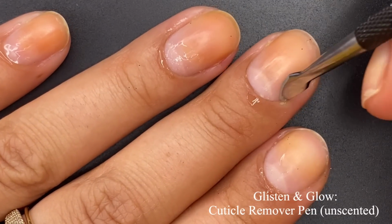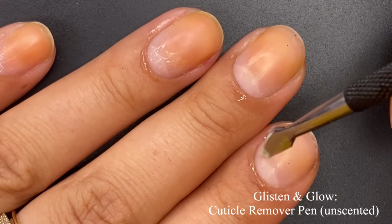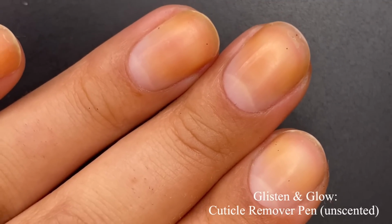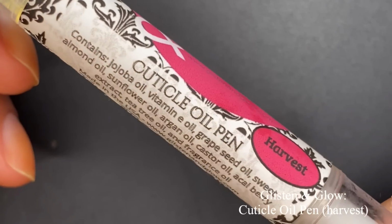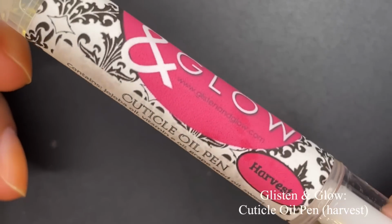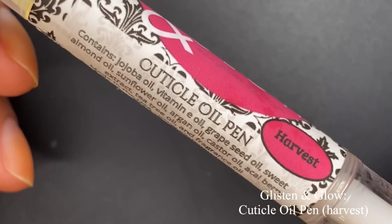Now the cuticle oil, I love how it comes in a twist up pen style applicator. So both of them will be a twist up pen style, which is very, very convenient. And the oil is scented in Harvest, and it's a spicy cinnamon blended with sweet vanilla and baked apple. This reminds me of the gum Big Red mixed with the Christmas aisle. Like if you walk down a Christmas aisle and you smell Big Red, the chewing gum, this is what you're